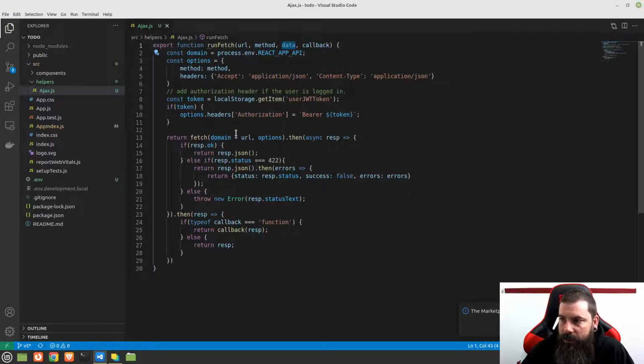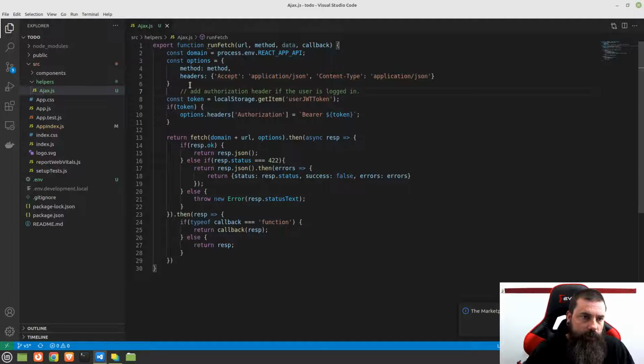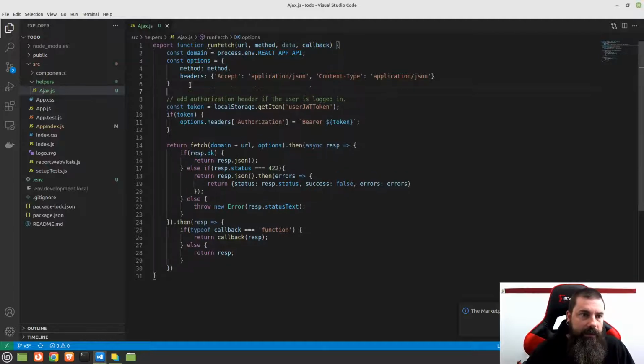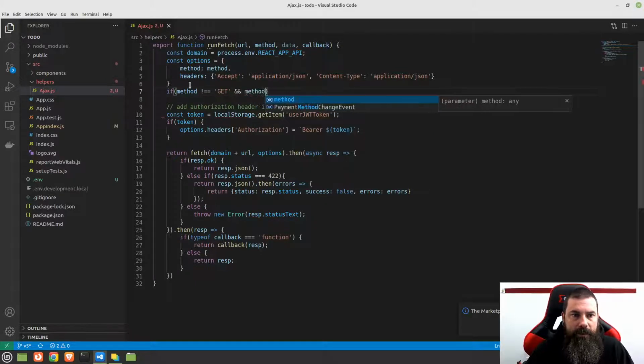So what we're going to do there is, above right here where we added the authorization token, let's go ahead and add another thing here, and we're going to say, hey, if the method is not equal to get, and if the method is not equal to delete,